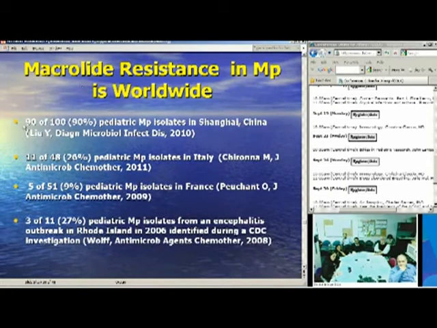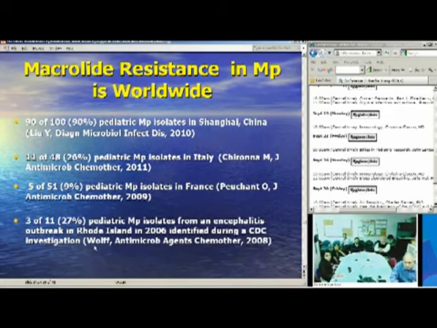So these are some recent papers. 90 of 100 isolates obtained in Shanghai, and there are published papers also showing a very similar rate in Beijing, in Mycoplasma pneumoniae were resistant, high grade resistance to macrolides. It's occurring in Italy at a substantial proportion, in France, and